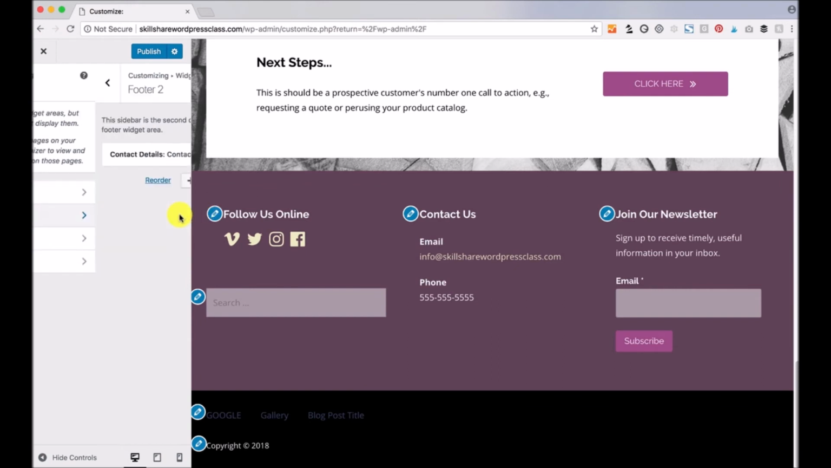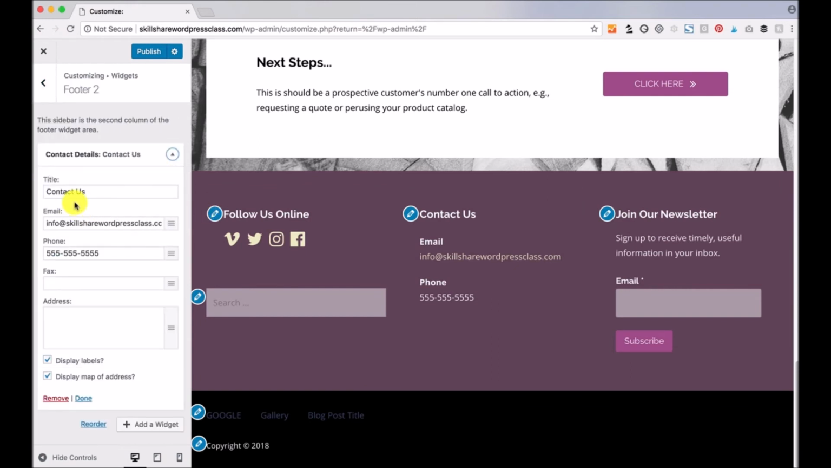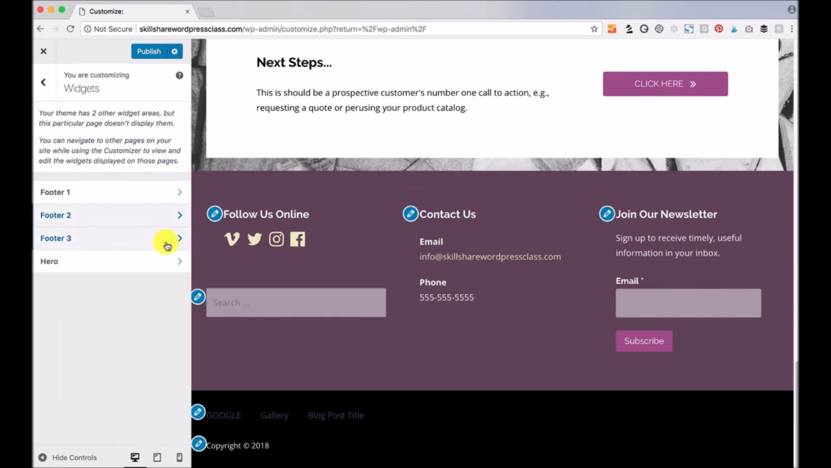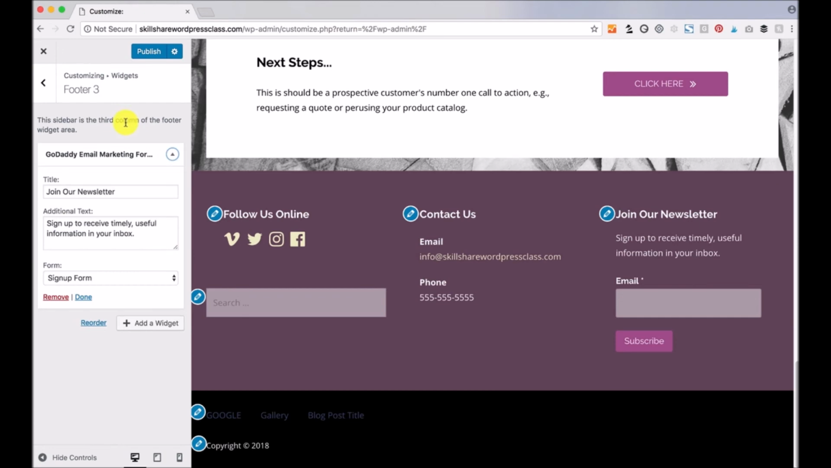Same thing goes for footer 2. It's just a contact widget, and they put in their contact information here, which shows up in this section. And then the join our newsletter widget. So that connects to GoDaddy's email marketing service. If you wanted to do something like MailChimp or Constant Contact, there are plugins for that. So you would go to your plugin section, download the plugin for your particular email client, and then customize that